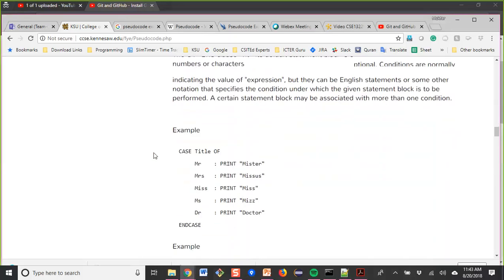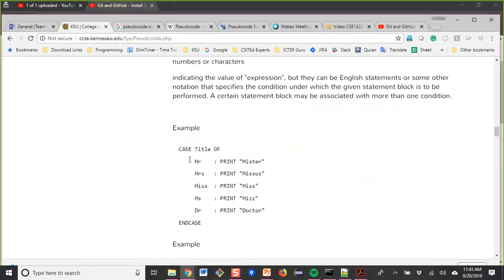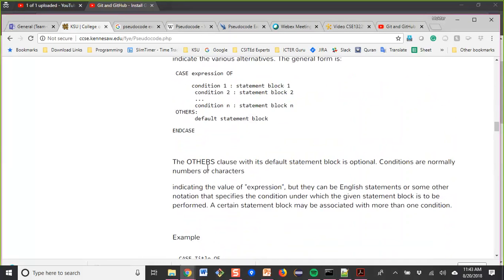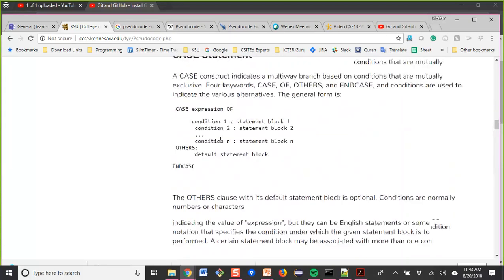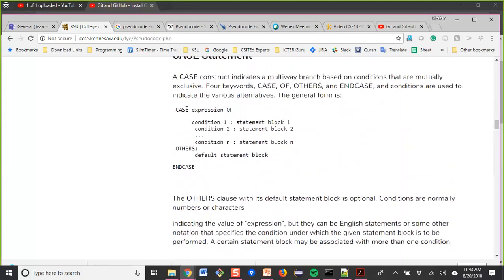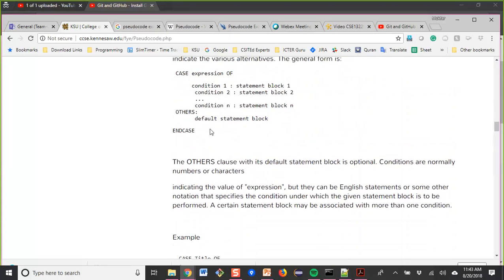So CASE is actually used for multiple conditions. For instance, CASE OF is used with CASE and then an expression. Based on the expression, for some conditions that meet the expression, we put some statement block.